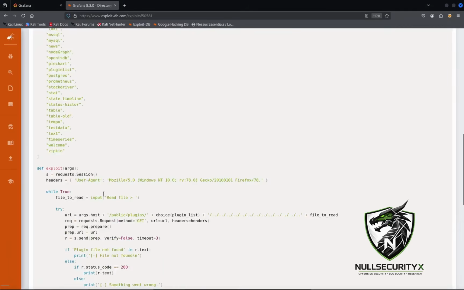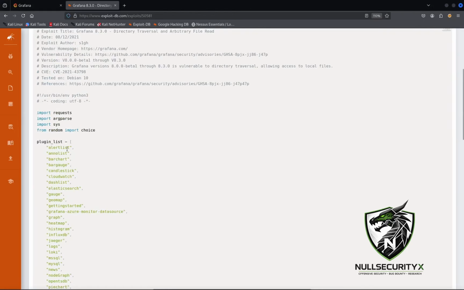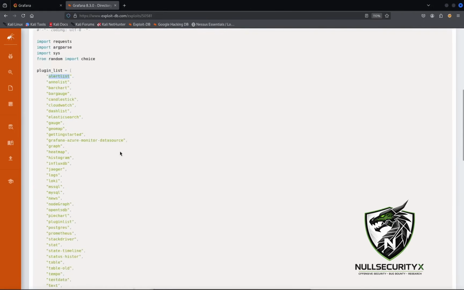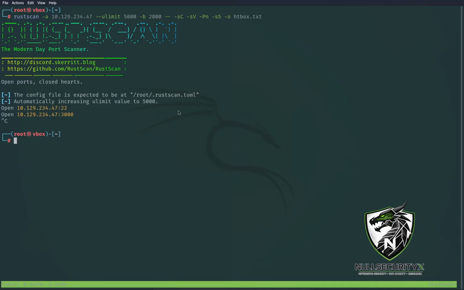So it's a Python code, headers, user agent. We can do that through our lovely Burp Suite. And here we can see it checks public plugins and the same thing, chooses a plugin from the list. It chooses one of them. Let's try with alert list and a file to read. So let's try that. We can curl that actually, and we can say